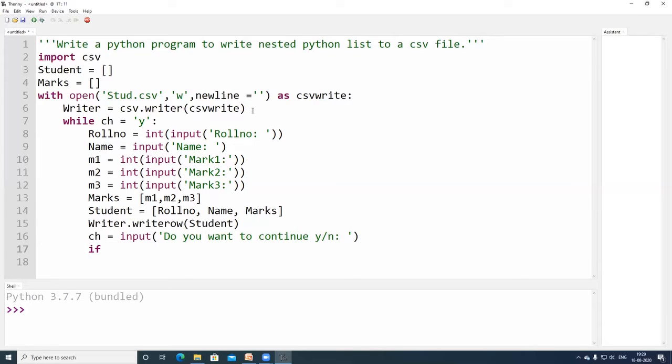If ch equal to n, you are trying to come out of the loop. All right. Now let us save this program.